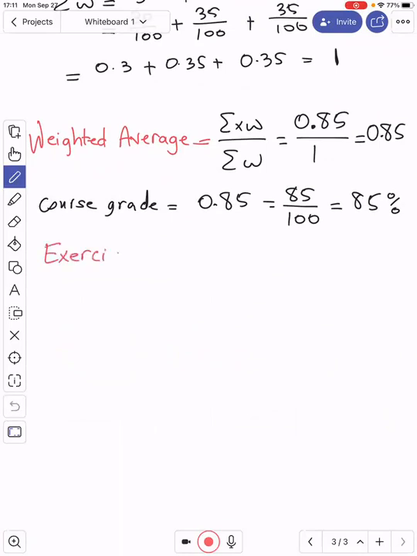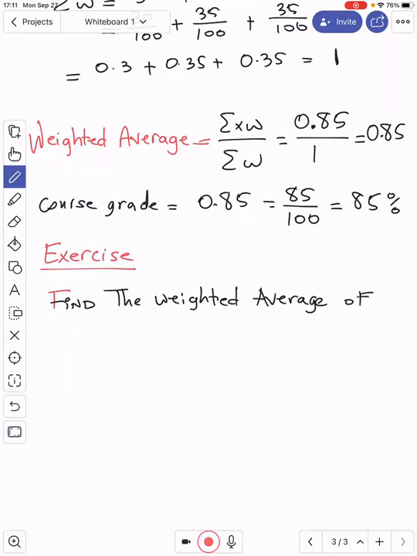Just find the weighted average of a data set where